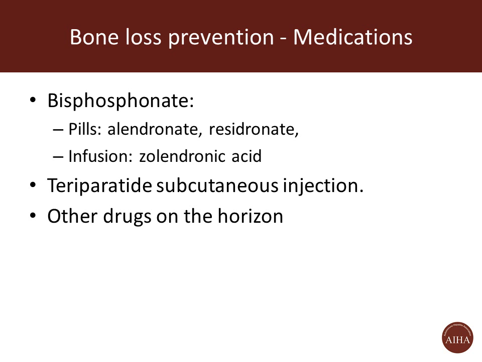Some of the medications you might be familiar with that are used to treat or prevent osteoporosis are called bisphosphonates, commonly alendronate and risedronate. These are pills that you take once a week. Sometimes we resort to infusions with zoledronic acid, and there's also an injection that you could take, like teriparatide. It's a daily injection, and that's also been approved to prevent bone loss with steroids. Some other drugs are also available.